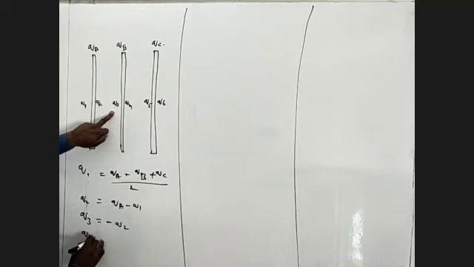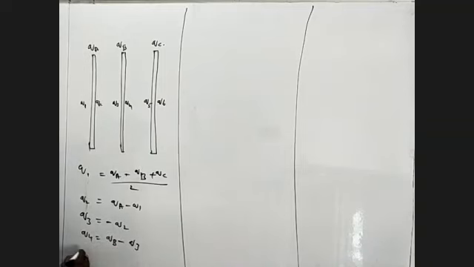Next, Q4 is equal to QB minus Q3. So next, Q5 is equal to minus Q4. Next, Q6 is equal to QC minus Q5. This is the formula. This is the shortcut method. That is the value: QA plus QB plus QC by 2, and QA minus Q1 minus Q2, QB minus Q3 and Q4.